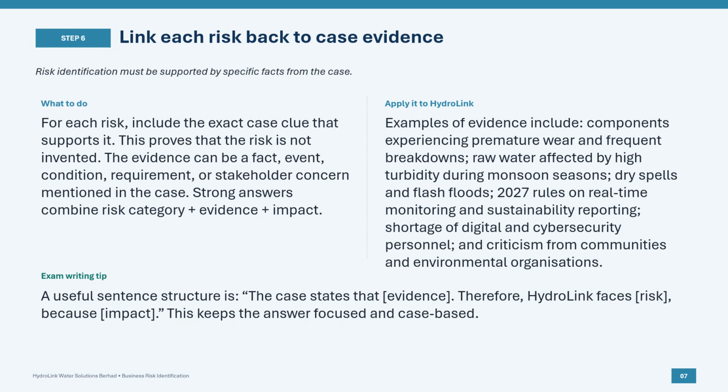A strong answer combines risk category, evidence and impact. So remember, you need to put the evidence and impact there. Evidence and impact is very easy. You can find it from the case. Just copy from the case. If you are not sure, summarize it. You don't copy exactly from the case; you summarize it. Examples of the evidence include